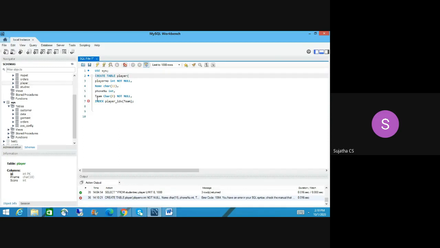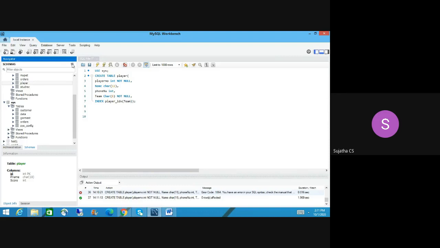Phone number is integer, team equal to not null, and then index and player IDX. I am pointing at that team. After that, colon. Okay, I haven't closed that. Yes, exactly. Okay, run this. Running. Yes, it is done.